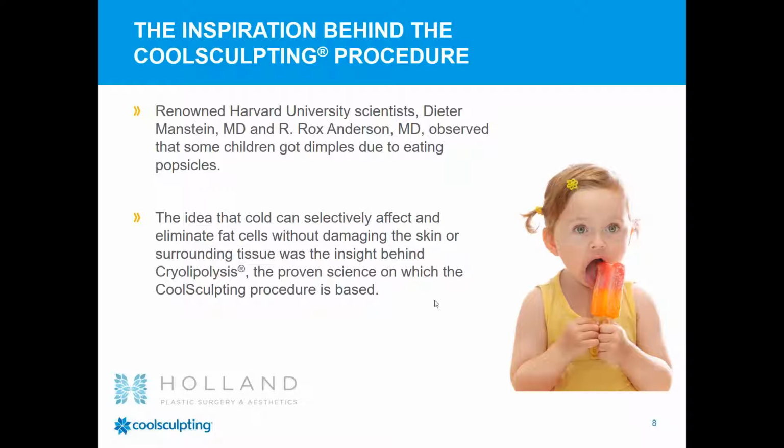Whenever I'm looking at a new technology that I'm thinking about offering our patients, what I really want to know is how does it work and how did they come up with it? How was the research done? How do we know that it does what we say it's going to do? Interestingly, CoolSculpting, the whole idea was developed from